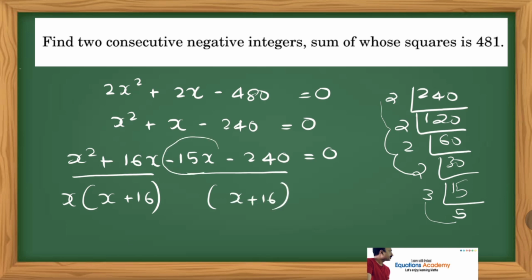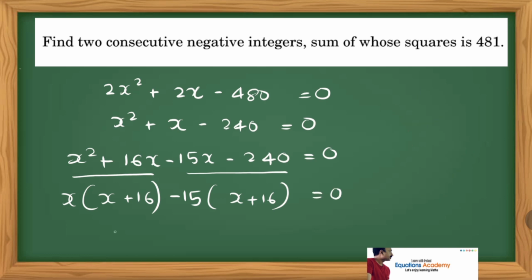Now we have here minus 15x, so we'll write here minus 15. Now minus 15 into x is minus 15x and minus 15 into plus 16 is minus 240, which is equal to 0. Now x plus 16 is common. We will write (x plus 16) into, here we have x, so into x. If x plus 16 is gone, we have minus 15 here. So x minus 15